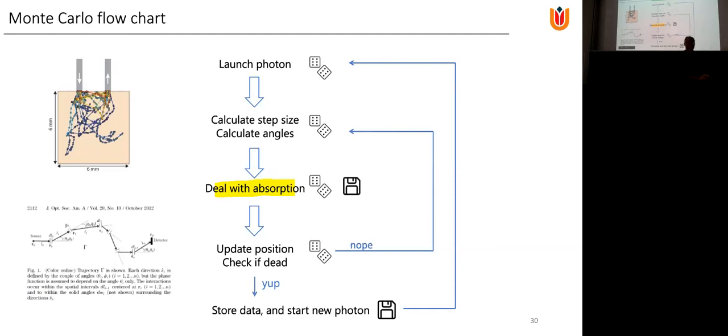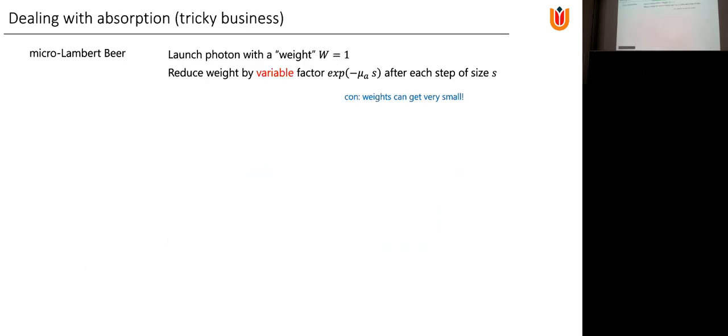Then after a step and after we have already calculated the new angles, we have to deal with absorption, whether or not the photon is absorbed. And this is tricky business. There are actually three common ways of doing it, and it's tricky simply because of the implementation in such a simulation, not because absorption is per se tricky. One is called the micro Lambert-Beer law, and it works as follows: